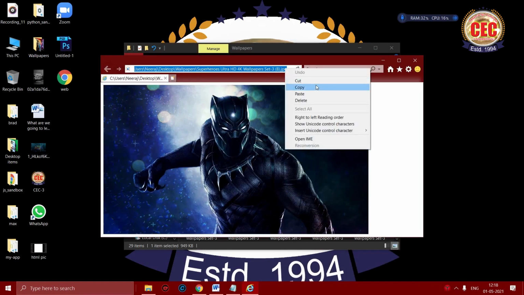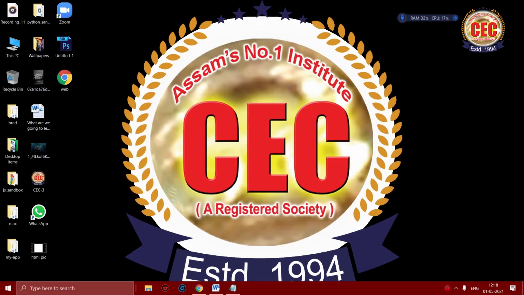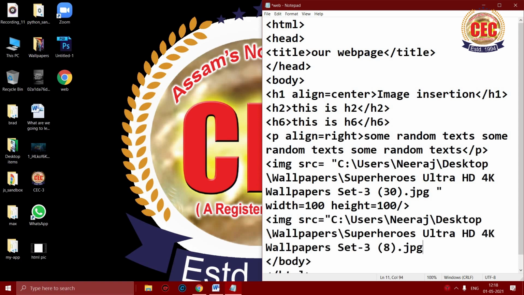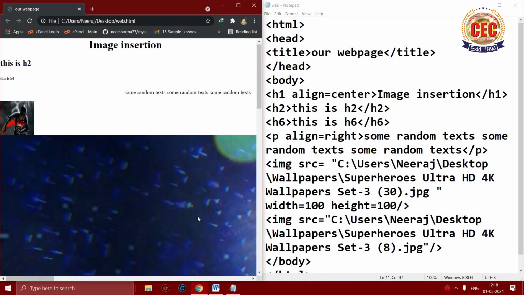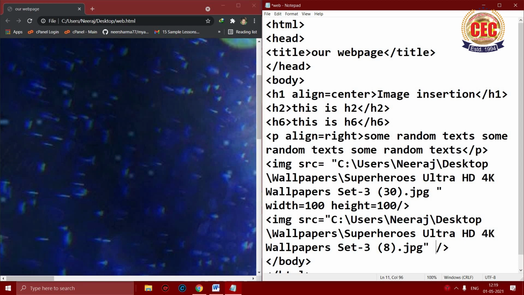Copy the link, go to Notepad and write one more image src equals and the source, copy paste, close it. See, it's coming big, so we'll make it small again. We'll use the width and height property.